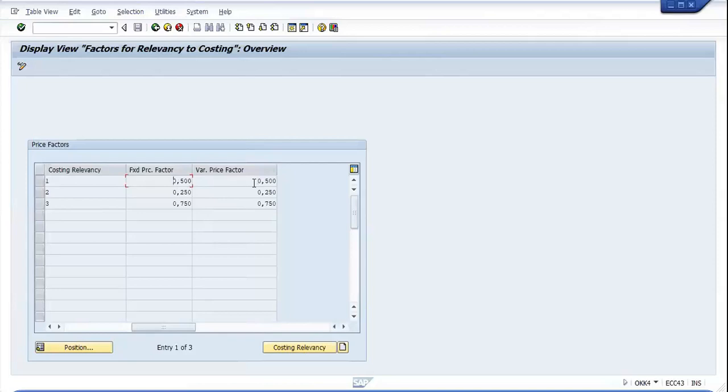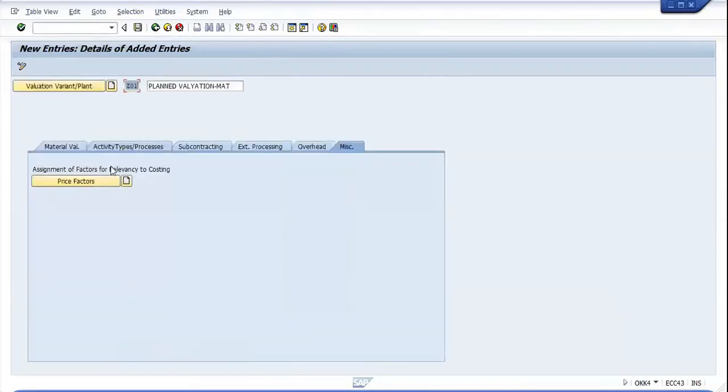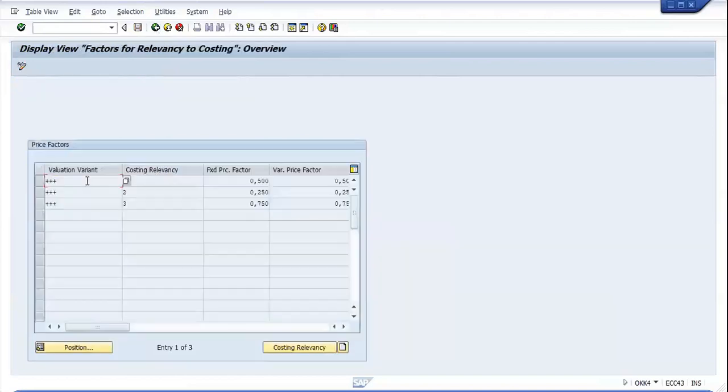Yep, 50%, 50%. Sorry, what is A? It's a percentage, or I'm not sure what it's giving here. That's the price factor, it's already defined. Okay. So why is the price factor system calculated? Okay, let's see what is happening here.